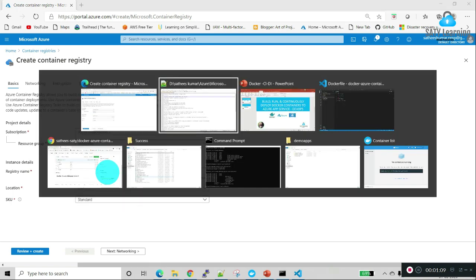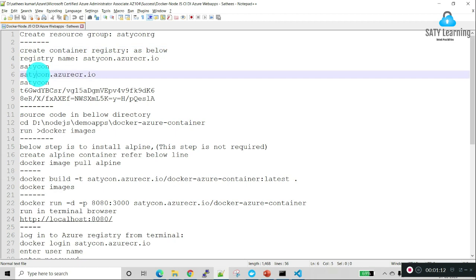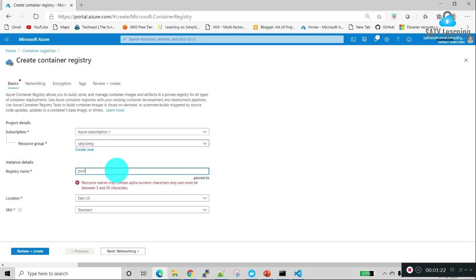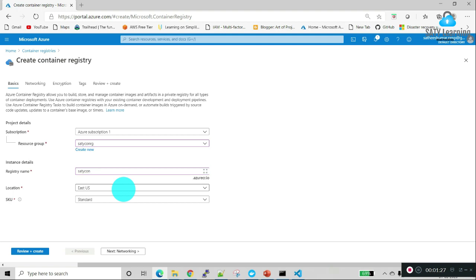Then I will provide a name, and it should be a unique one. For example, if you provide prod, it will say it's already used, so it should be globally unique. The location should be the same as the resource group. I'm using the standard one.